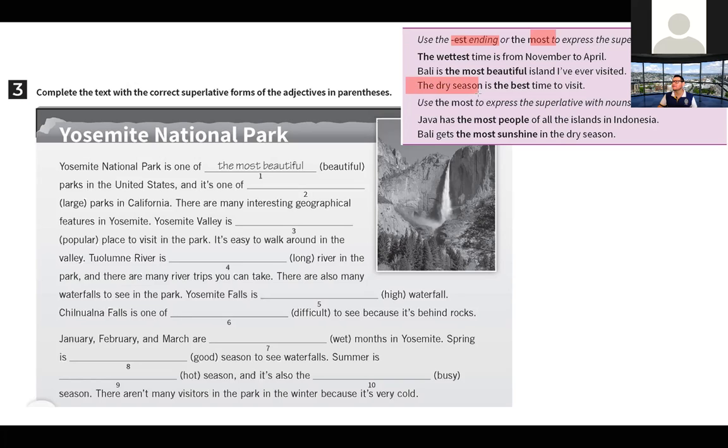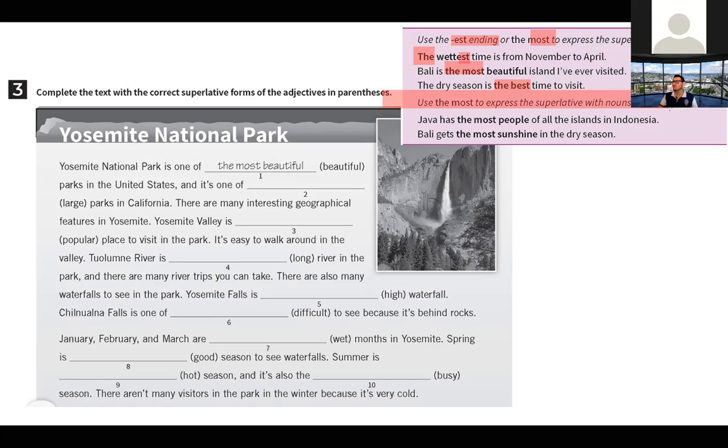Luego, the dry season is, aquí está, the best. Ya esto es en el ejercicio anterior que trabajamos la semana pasada. Algunos estaban que se hacían un mundo, ¿no? ¿Cuál es el superlativo de good? Best. Nada más. ¿Por qué? Porque good es un irregular adjective, es un adjetivo irregular que cambia. Entonces aquí te estamos mostrando los 3 casos diferentes, ¿verdad? Cuando agregamos the wettest, cuando agregamos the most beautiful o cuando cambiamos por completo the best. Entonces recuerda, good, best. ¿Ya?